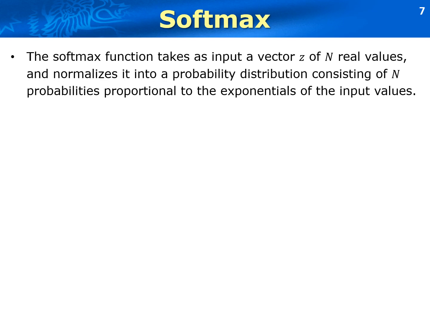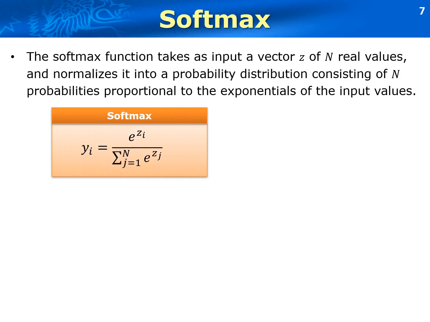Unlike the aforementioned activation functions, whose input is a single value, softmax takes as input a vector of multiple real numbers. Softmax normalizes the n real numbers into a probability distribution, where each probability is proportional to the exponential of its input value. Therefore, softmax is also known as normalized exponential function. This is the mathematical definition of the softmax function. It is often used for multi-class classification tasks, where the output values are multiple.